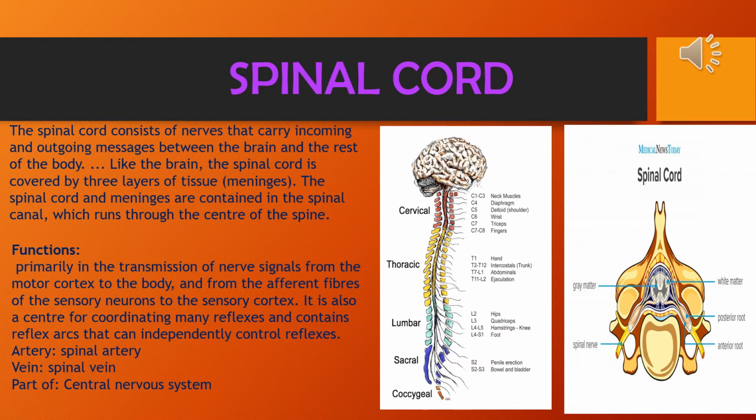Now see the diagram. Previously also I have discussed this. Spinal cord is there along with the brain, where cervical, thoracic, lumbar, sacral and coccygeal, 5 portions, are also there. It has been divided. And in the next diagram, a small vertebra of the spinal cord has been given. Suppose in cervical, you are seeing C1, C4, C5, C6 like this. So suppose one C1 vertebra I have drawn over here. I have given the diagram over here.